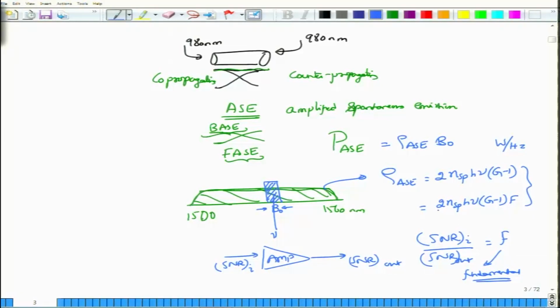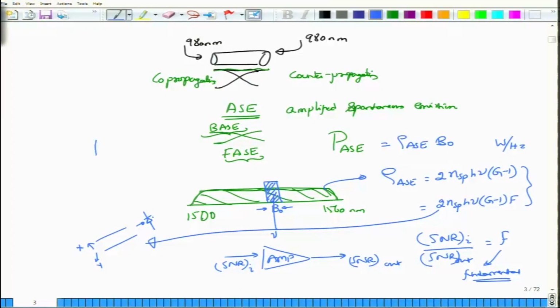Notice the factor of 2 appearing here. 2 actually indicates that you are looking at 2 polarizations. Remember, this is a fiber, so you have one polarization which is along say X, and then you have another polarization which is along Y, and there is noise because of both polarizations X and Y. So, when you put up a photodetector, which is the subject of our next module, you will see that this noise will combine together, will be detected, and contributes to the factor of 2 here.